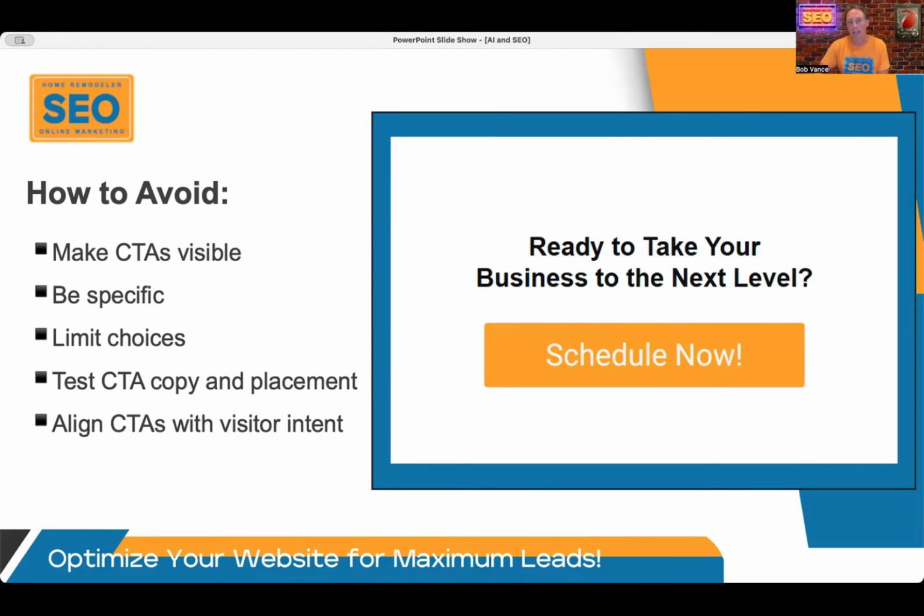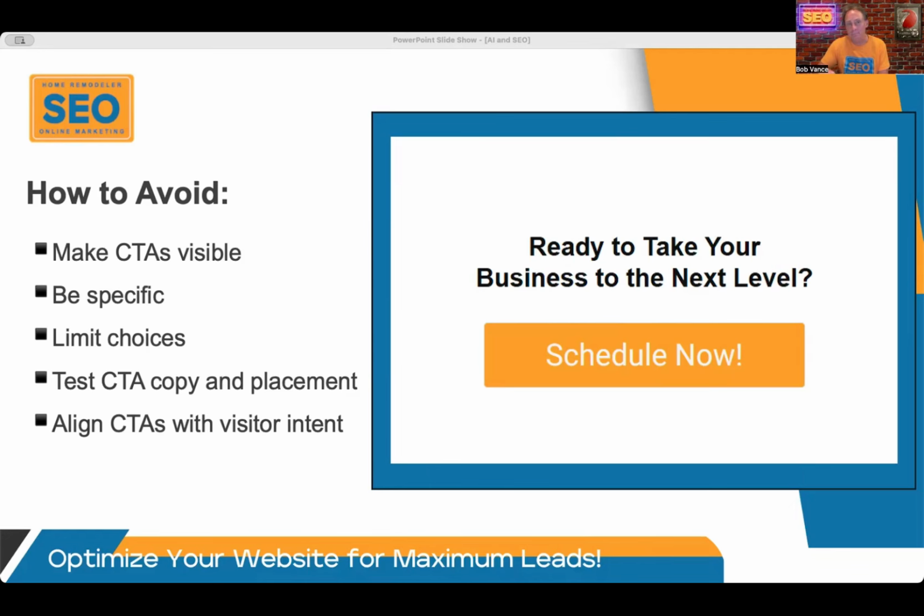And then make sure you test what the button says, what we call the CTA copy, and the placement of that button. Use your AI-driven A/B split testing tools for data-backed improvements. You can say, hey, the button worked way better up here than it did down here, and so that's going to increase engagement and increase those conversion rates.